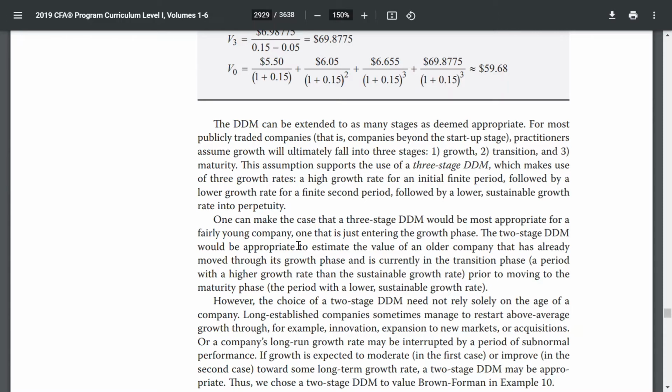The two-stage DDM would be appropriate to estimate the value of an older company that has already moved through its growth phase and is currently in the transition phase. However, the choice of